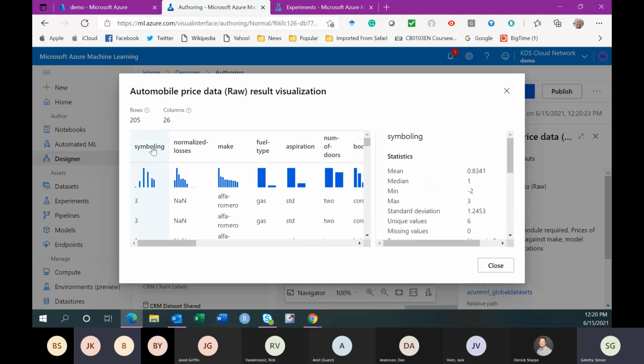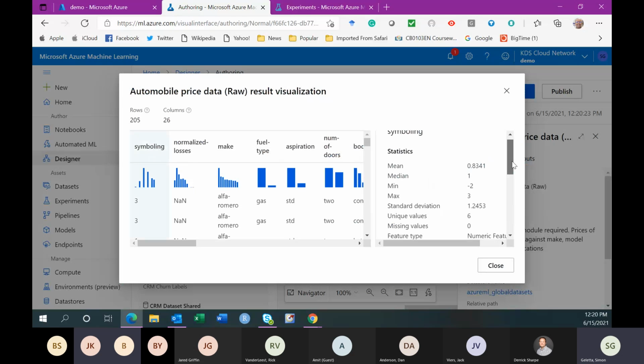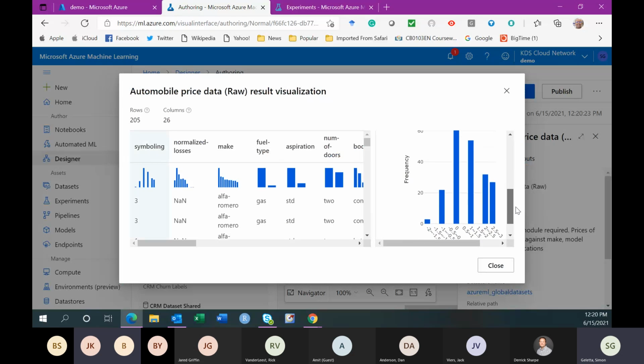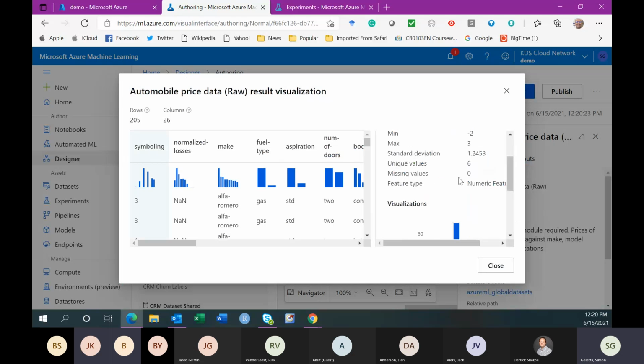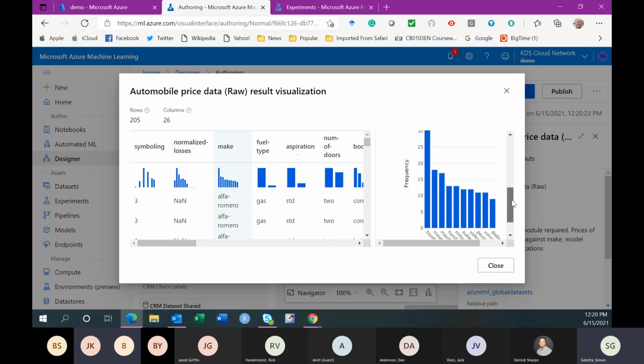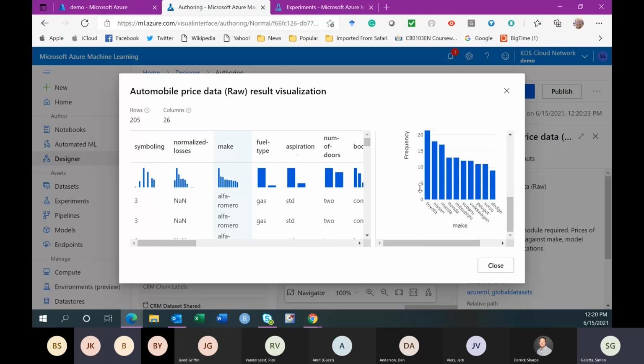So when I click on this, I get the details of that variable here. So that symboling is kind of the ISO rating for each car. Normalized loss, make, and let's look at here, like most of them are Toyotas, Nissan, Mazda. So those are the training data set, raw data set.